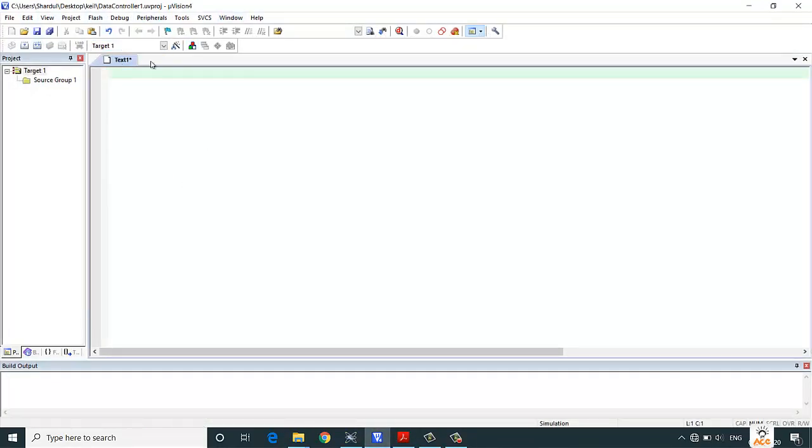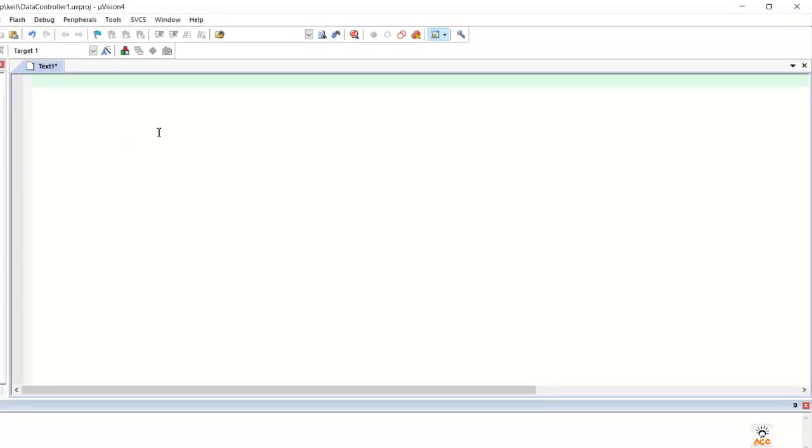I have here already created a Keil Vision 4 project for controller 1, and we will be requiring one more Keil Vision 4 project for the second microcontroller. So let us start with our coding part. Let's include the necessary header files to make this program work. Hash include reg51.h.